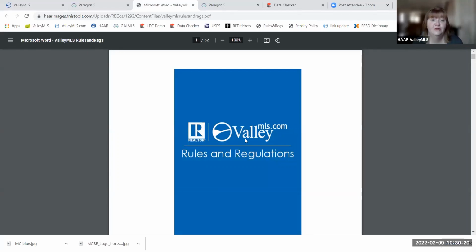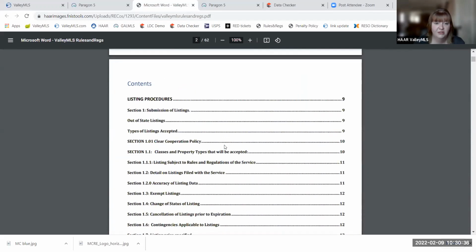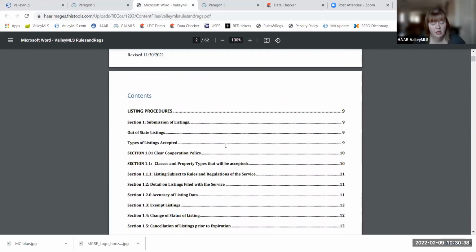So unless you're looking for some bedtime reading, I don't necessarily expect anybody's going to sit down and read through it. However, it is where the actual letter of the law, if you will, is written. So it's a great resource if you know what you're looking for, especially. There is the good old-fashioned table of contents here, which is always helpful. But you can also hit, as a function of your browser, Control F, on an Apple, I'm not sure what the control button is. I think it's the one that looks like the little squiggly square thing. If you hit that with an F, it brings up a finder box.